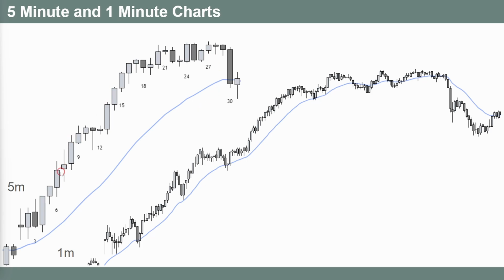This is the bull leg in the previous chart we just saw. Here's that first pullback that led to a second leg with good closes. 5 minute, 1 minute. I just wanted to show you guys this overlap and how it's really easy to get